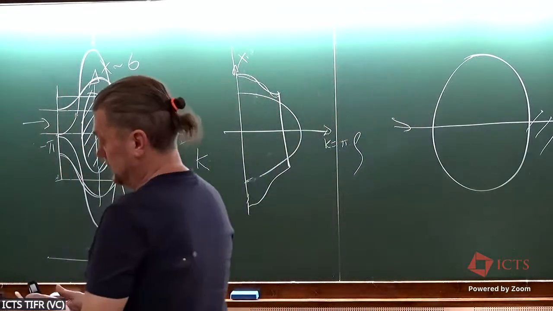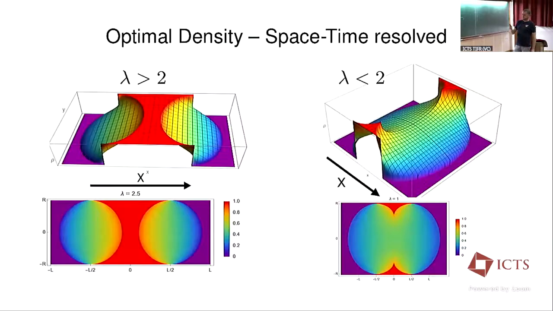Okay, so this is what happens. Nice pictures. This is a situation where lambda is greater than 2: two Arctic circles, their density, and this is our limit shape, just looking from above. This is what happens when lambda is smaller than 2. A nice cusp appears. It has many other properties which one can talk about, but I don't want to. So this is the space-time resolved picture of the Gross-Witten transition. Are there any questions?